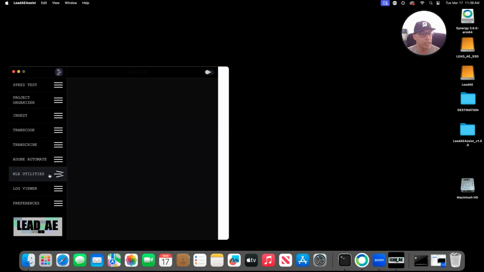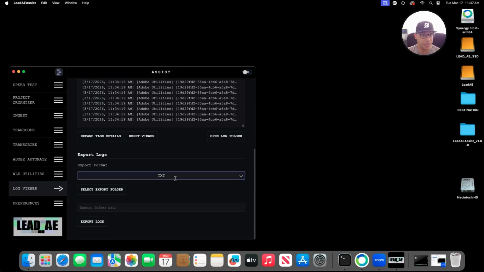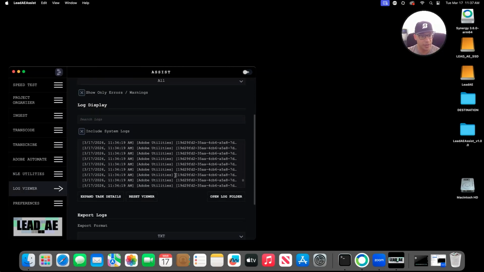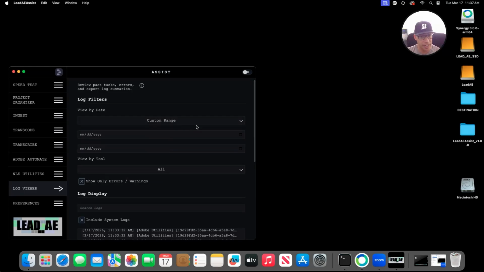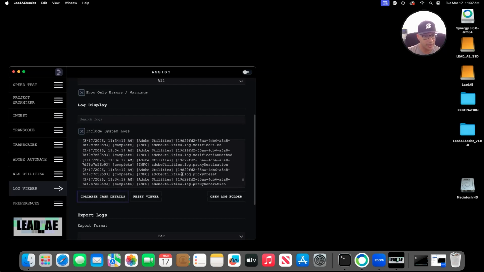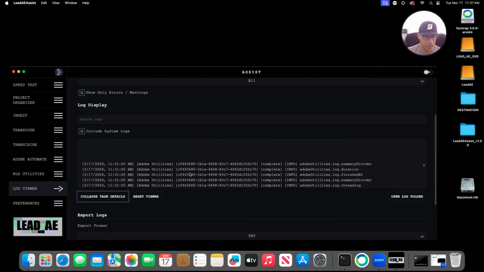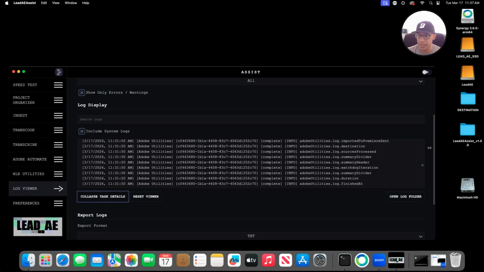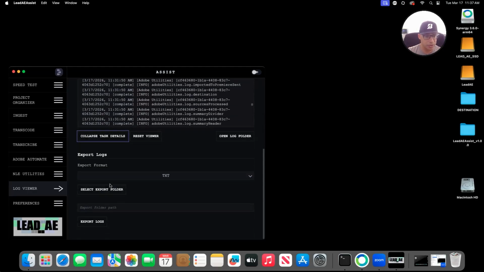So next we have the log viewer panel, which is just where you go to see all the job information that you had. There's the date, whether you want to run the last 7 days or a custom range, if you just want to search between certain days. It shows you all the logs. You can expand the details so it shows the full line, or just go down and search. It shows the most recent 500, I think. You can export them, choose your export folder,